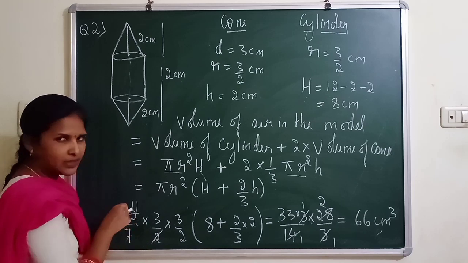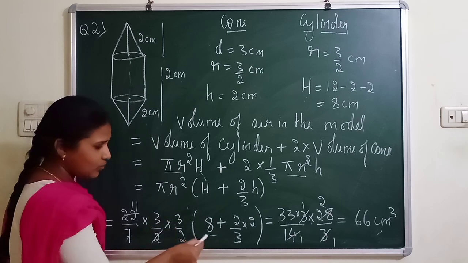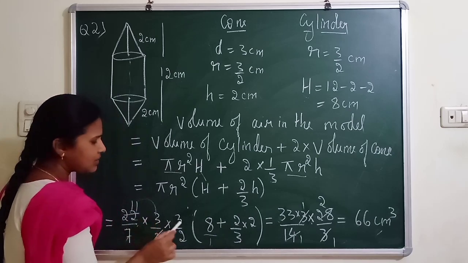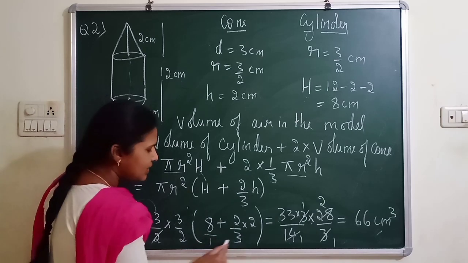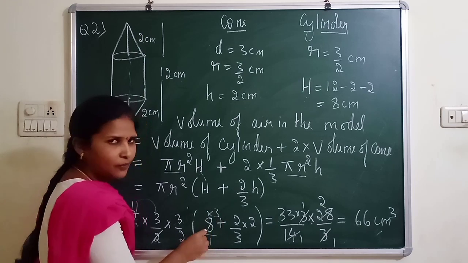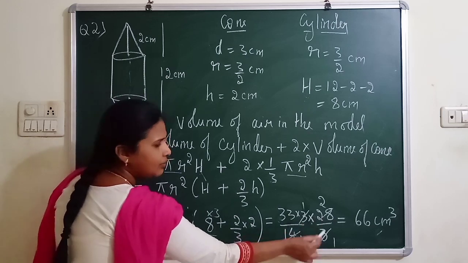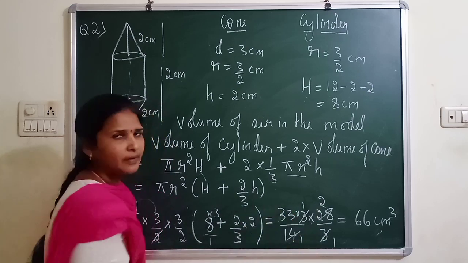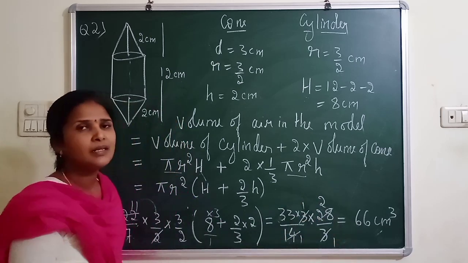Now you can cancel here. 2 11s are 11, 3 3s are 33. I am not multiplying again with 3 because I know here LCM is 3. You can cancel, so write as it is. 33 you write down, multiply this, and 1 3 you write as it is. 7 2s are 14. So here if you take LCM, what is the LCM of 1 and 3? 3 is the LCM. Here you multiply by 3. 8 3s are 24 plus 2 2s are 4. 24 plus 4 is how much? 28. 28 by 3. Now cancel, 3 and 3 get cancelled. 14 ones are 14, 14 twos are 28. 33 into 2 is remaining. 33 twos are 66 centimeter cube.